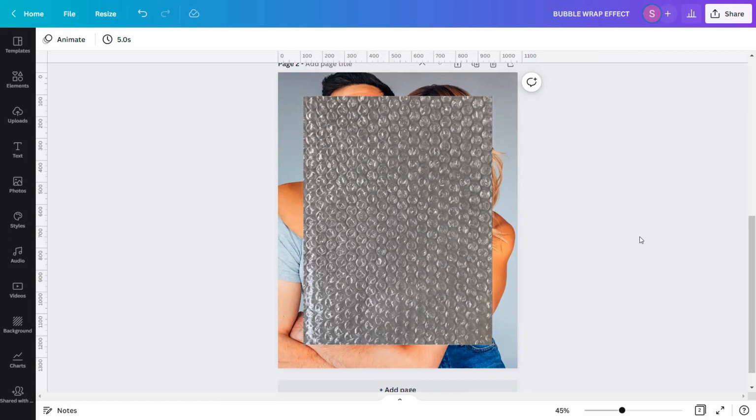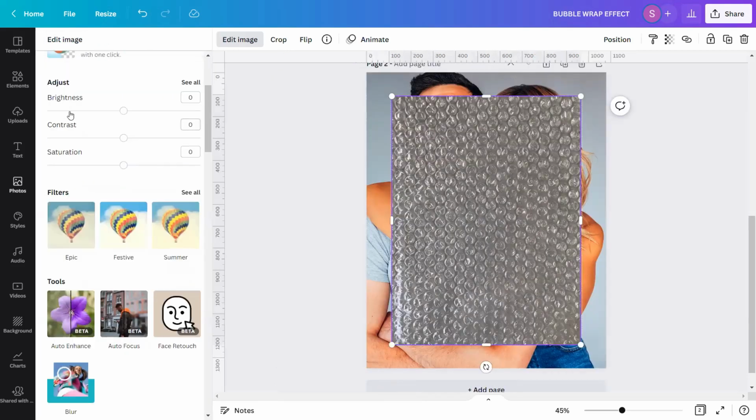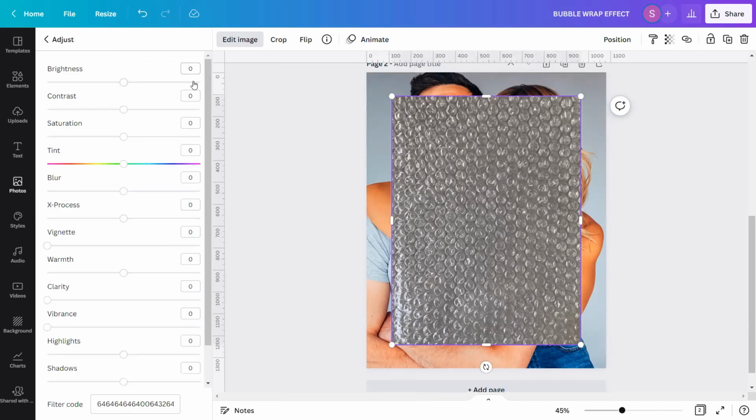To continue, I will apply and adjust filter settings to this overlay so that it will turn transparent and blend with our subject photo, which is the couple. Using the image, go to Edit Image. Scroll down and find the Adjust settings. Click See All. And change the following settings to Brightness, 5, Contrast, 25,